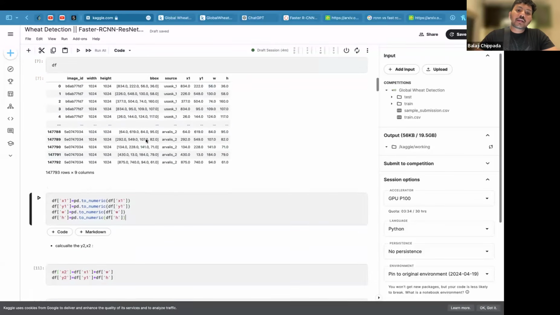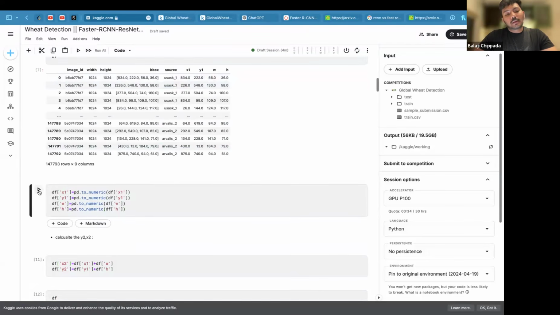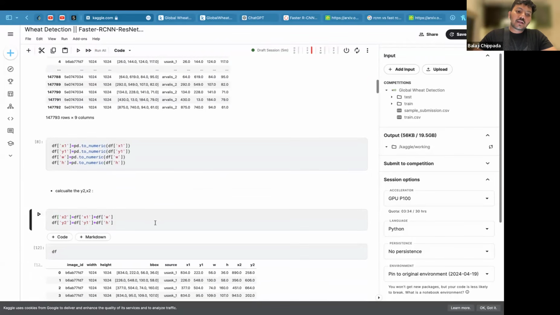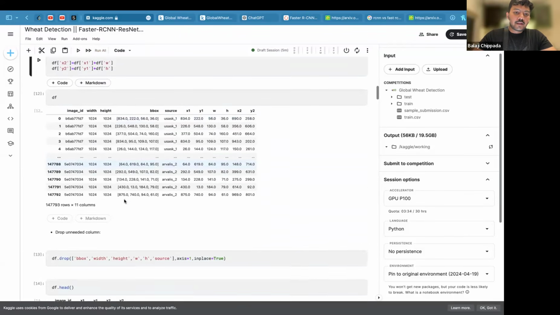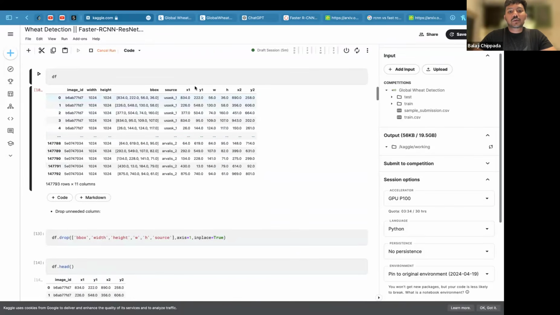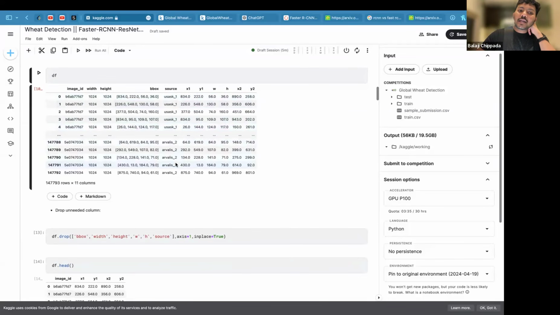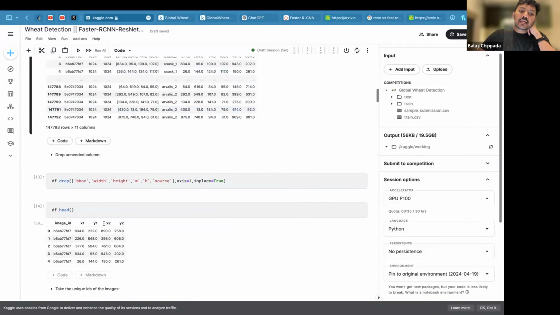And then we are converting all of these into numerical values, क्योंकि कभी कभी data quality issue हो सकता है, that is we are converting this into numerical values, and then we are converting this into something like this. So हमारे पास x1 y1 हो गया, x2 y2 आ गया, and हमें क्या क्या चाहिए अभी, we need the image and where the box coordinates are, that is my input। Someone is asking how the model will learn where the box is, so this is the ground truth values people have given to us। And यहाँ पे मेरा training के लिए I need image ID and I need the coordinates, I don't need any of the other stuff। इसके लिए मैं बाकी सबको drop कर लेता हूँ, df.drop, ठीक है।